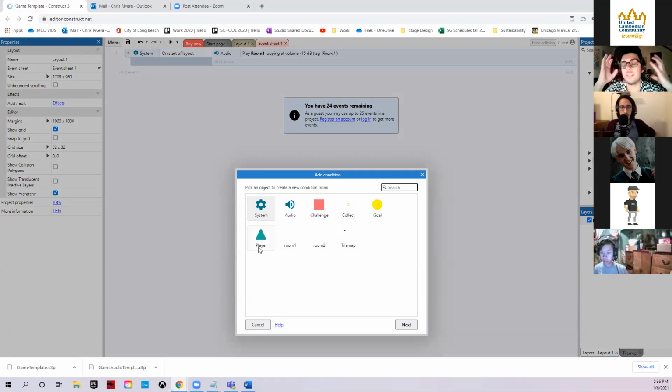Before I start coding, I like to think about it in a sentence. What I'm trying to do is, when my player hits the goal or the coin, I want my sound effect to play. I also want the coin to be destroyed, to be taken off the screen. Do we have any questions?